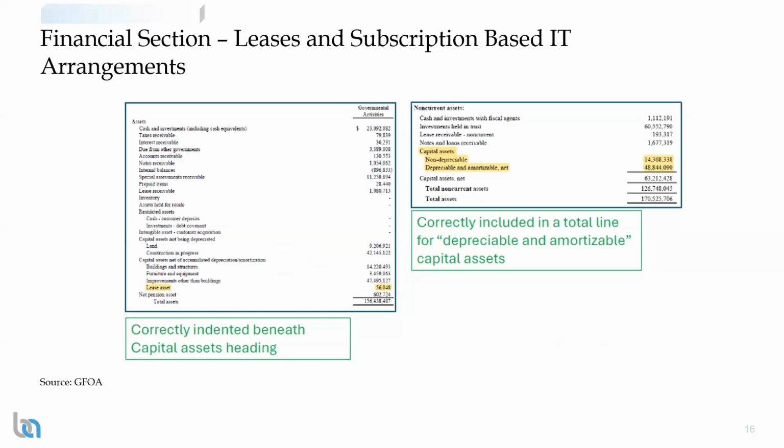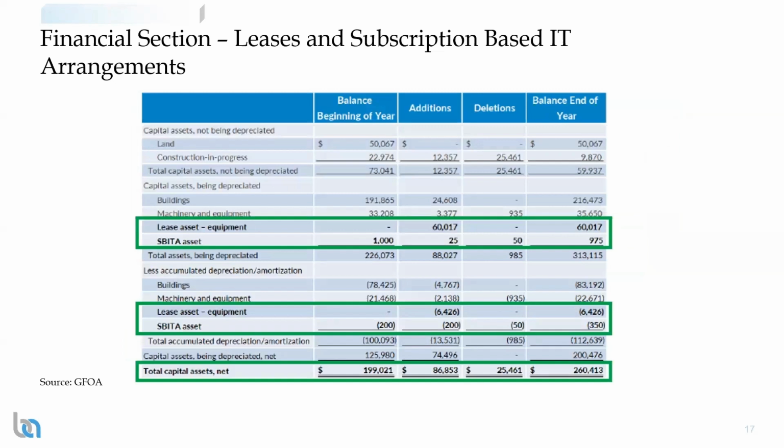You may use different reports to gather this information. You may use debt book, or you may have other schedules, for example, but at the end of the day, they are capital assets and they need to be consolidated and reported as such. Right? And then this is an example of the roll forward schedule as correctly presented. So you would have your lease assets, SBITA assets, and also under accumulated depreciation, amortization. This will be presented under capital assets. Okay.